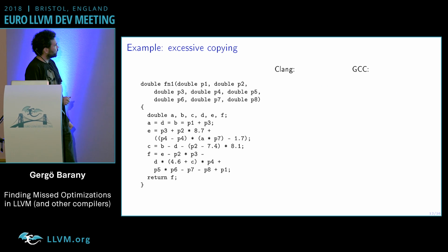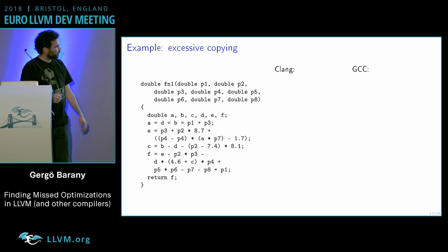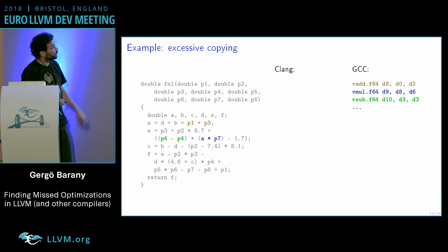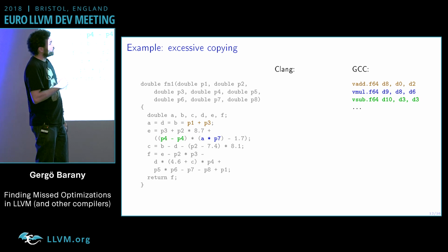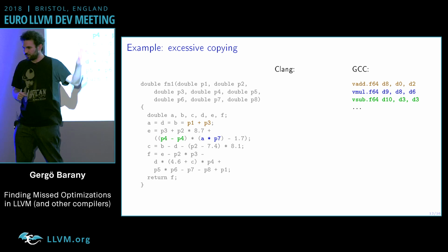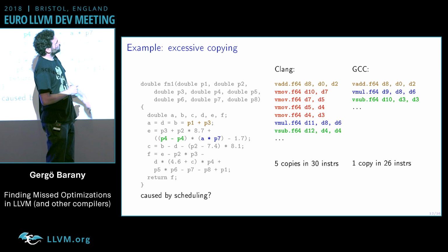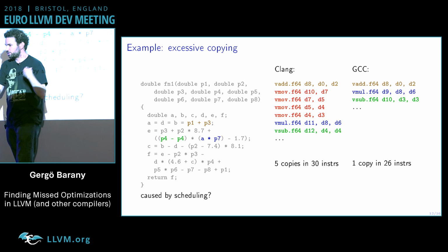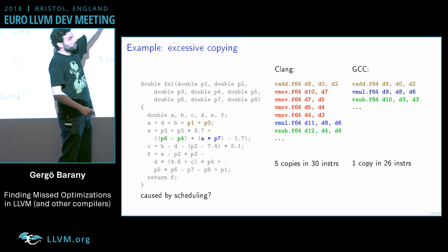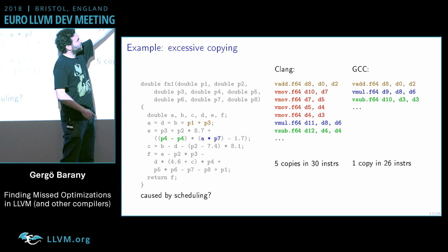Okay, another example. Again, purely floating point calculations, straight line code, nothing very complicated. Here's the start of the code as generated by GCC. So it generates an add for this thing here, and a multiply for this, and a subtract for that, and then some other things. Clang does the same, except somewhere in between it decides to permute 4 registers for no discernible reason. So it copies D7 to D10, which is nice. It frees up D7, so you can copy D5 to D7, which is cool because it frees up D5 to...